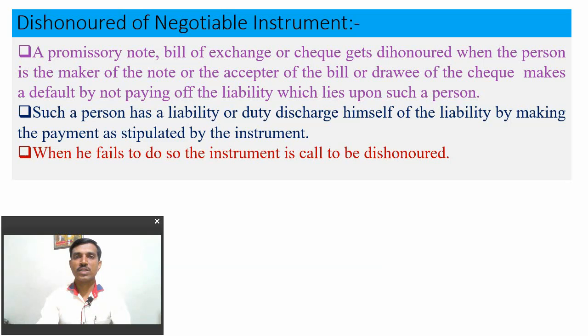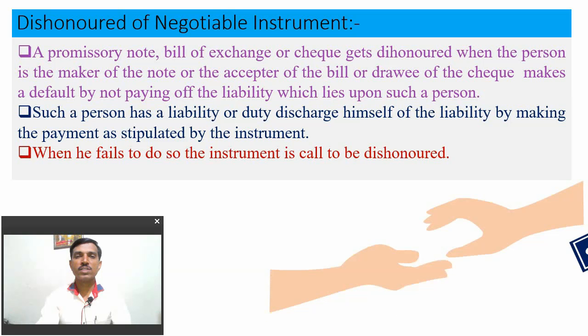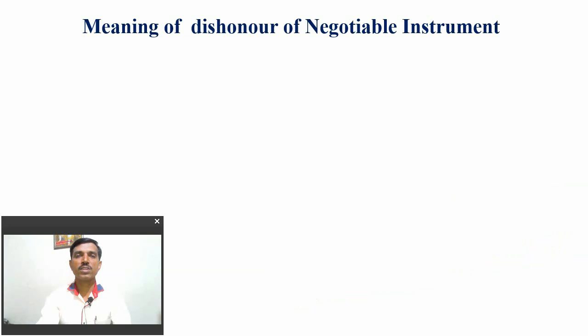So whenever we present our check in the bank, if the acceptor or the drawee defaults in paying us our payment, for example when the maker or drawer has given certain instructions, or there is insufficient balance in the account, or for whatever reason, it is called the dishonor of the negotiable instrument. So a bill of exchange, promissory note and check can be dishonored in certain cases.